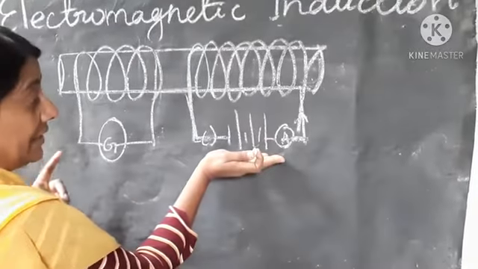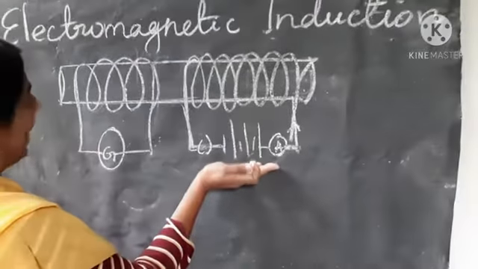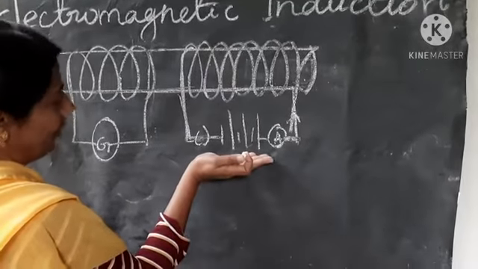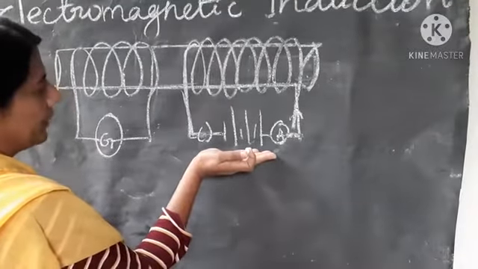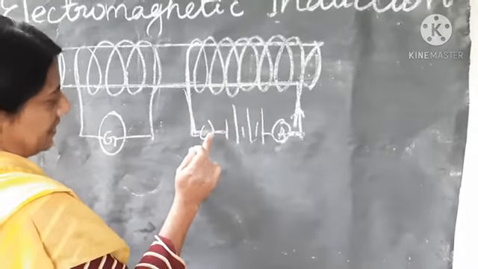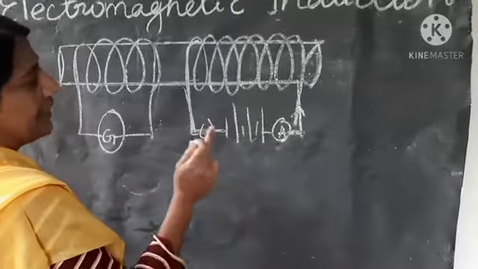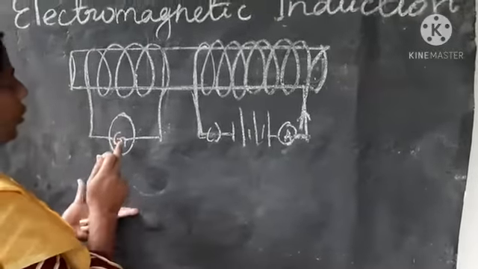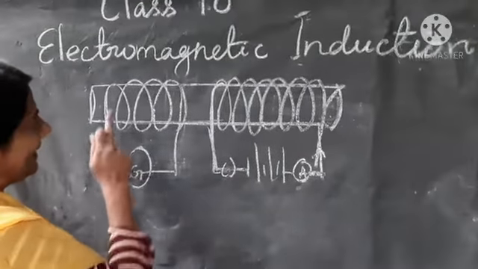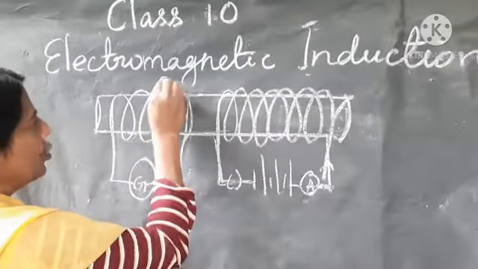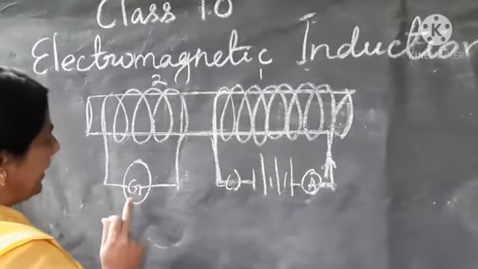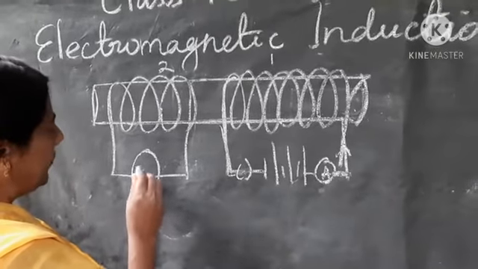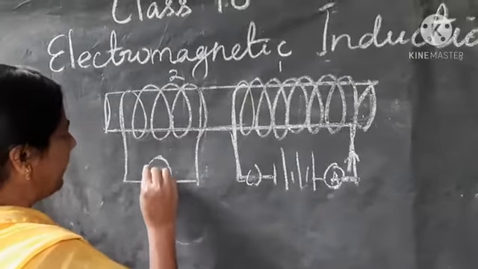For the first activity, we have used a magnet. Here a current carrying conductor is a magnet. We know very well, it is proved also. When the key is plugged, current flows through the circuit, and when we notice the galvanometer needle in coil 2, for example this is coil 1, there is a deflection in its needle. For example, it moves towards the left side first.